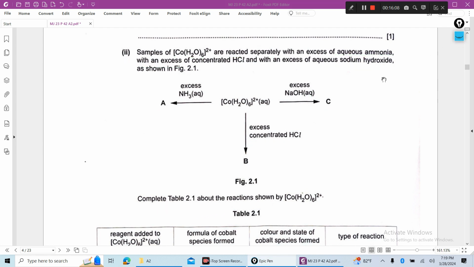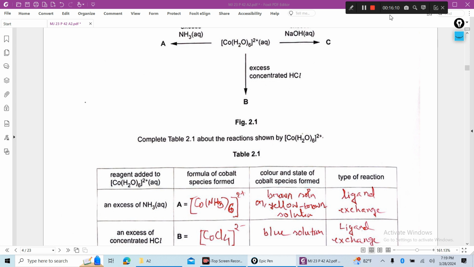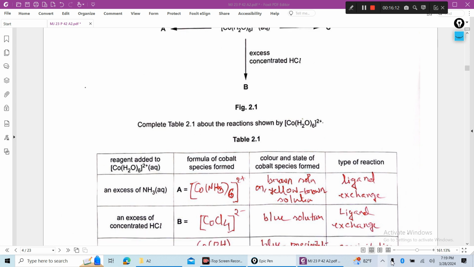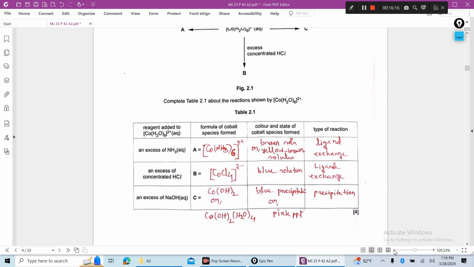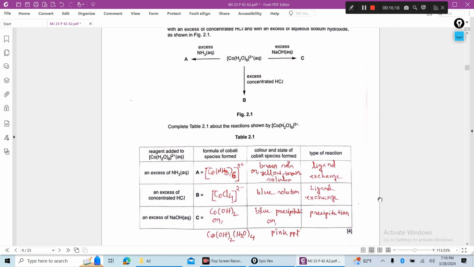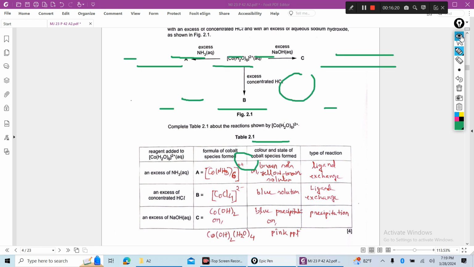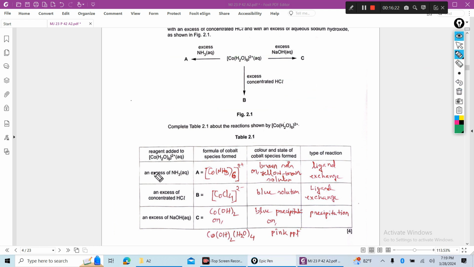You will complete the table. You see, first the reagent added to cobalt complexes, the formula of the cobalt species formed, then the colour and state of the cobalt species formed,